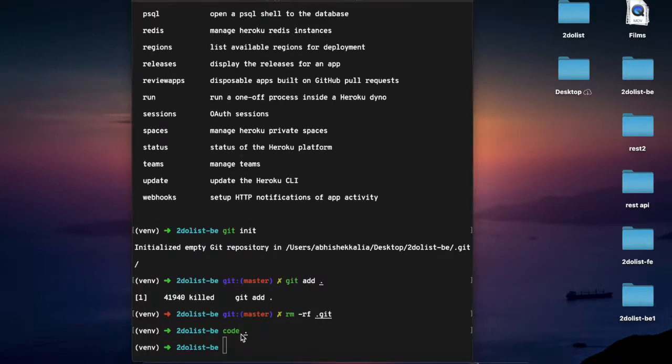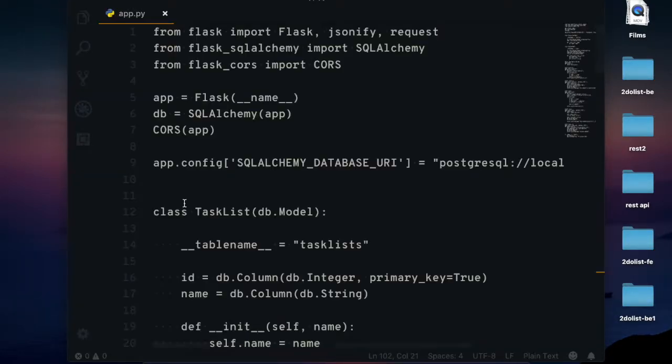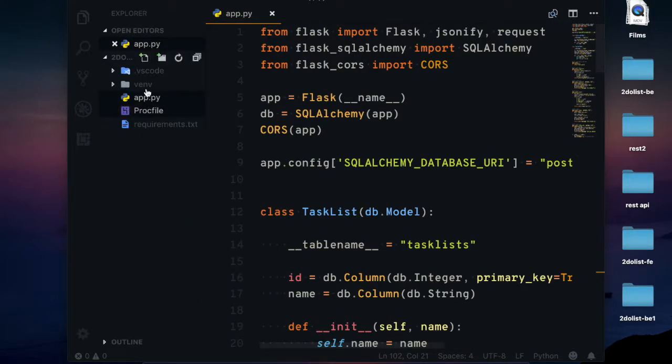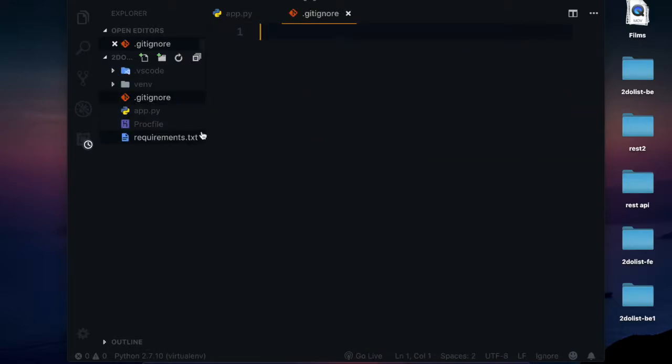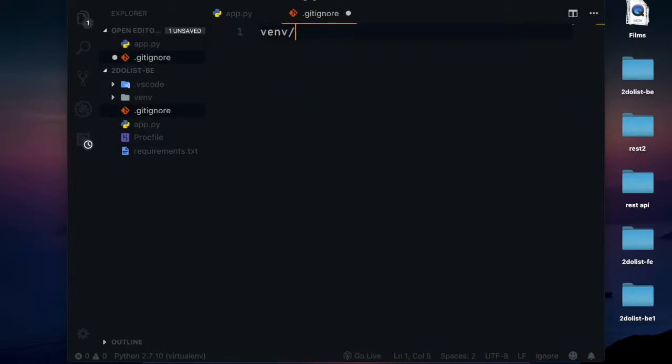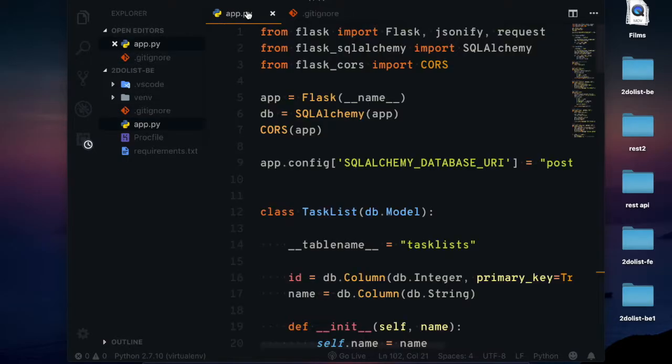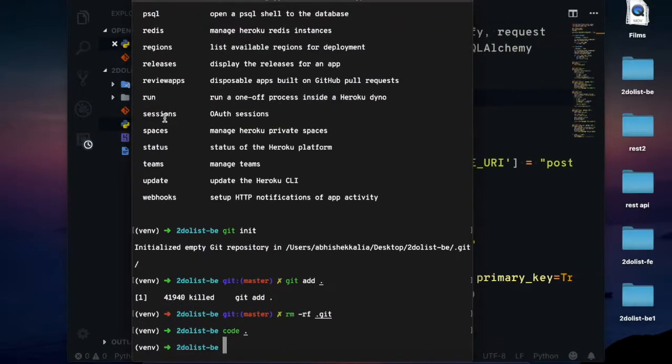The one thing that you need to understand is that you need to create a .gitignore file. So I will open this project in Visual Studio Code, and in this list of files I will create a .gitignore, and in this .gitignore I will type in the name of the directory of our virtual environment, because we don't want to push that to Heroku. So I will save that, and once that is done, I will go back to my terminal,